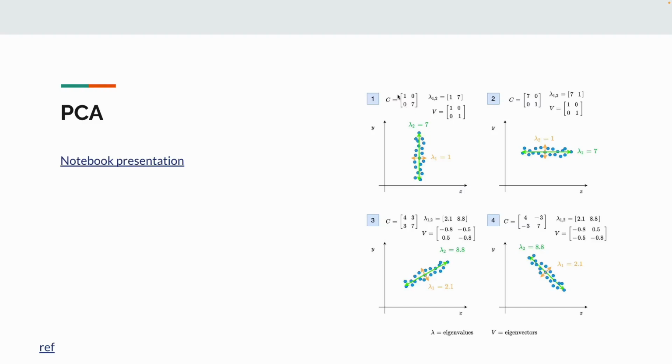Covariance is 0, and the variances are 1 in the x-axis direction and 7 in the y-axis direction. That is reflected through these green and orange vectors, right? And their corresponding eigendecomposition solution gives you two vectors, which we call eigenvectors, and two associated eigenvalues. You can see that 7 is the highest value. That means your second eigenvector is your more prominent direction that you have to take into consideration